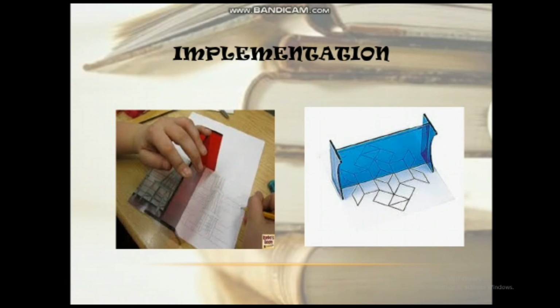Then, once students understand how to use the mirror, they are able to go further by tracing their reflection. This is done by looking through the mirror and tracing the image in a simple, intuitive way. Once the mirror is removed, the student has all of the components of the transformation left behind on paper.